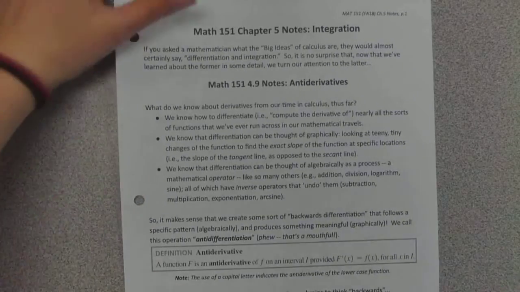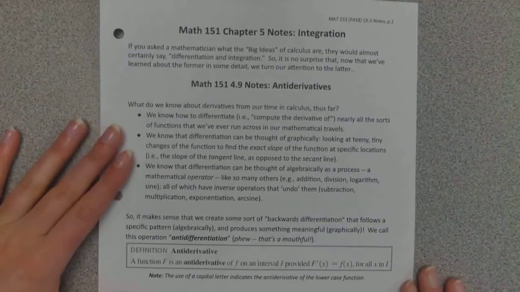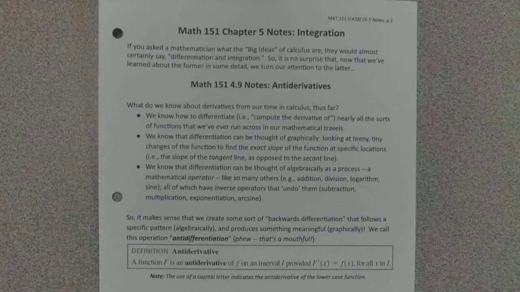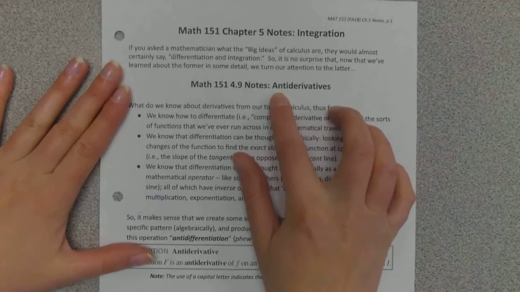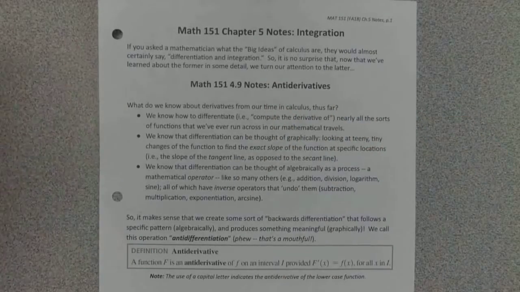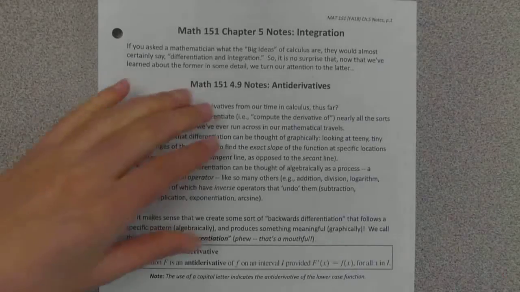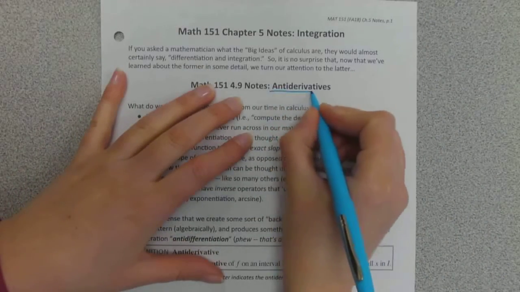So everything that we've ever done, we need to undo. Like we did exponential functions, so we had to learn logarithms. We did trig, so we had to learn arctrig. So this is the same thing for what we're looking at in 4.9. We know how to do the derivative of something, so how do we undo that and do the antiderivative of a function? So there are actually two terms up here on the top of the page,